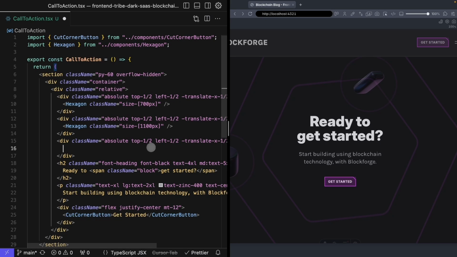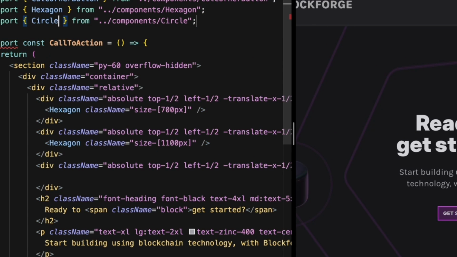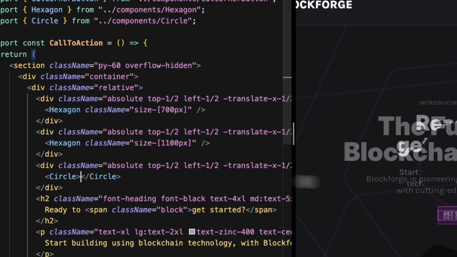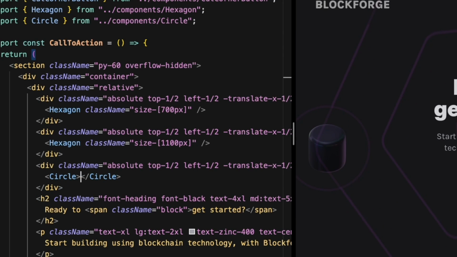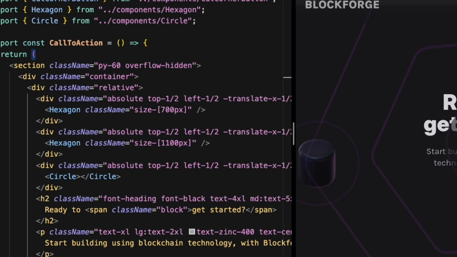For that circle, I believe we do have a reusable component for that as well. So I'm going to import my circle from my circle component, and I'm going to use that circle right here and just go ahead and put my circle in, and let's see where it shows up. Now, right now, it's exactly in the center of the screen. We don't want